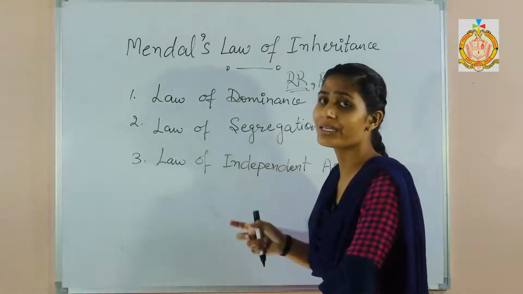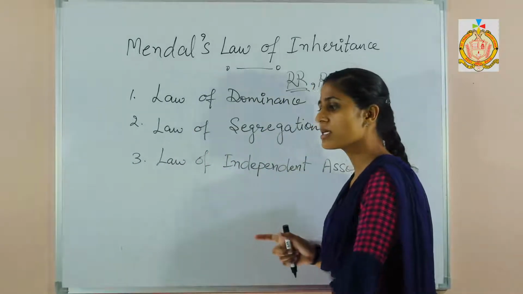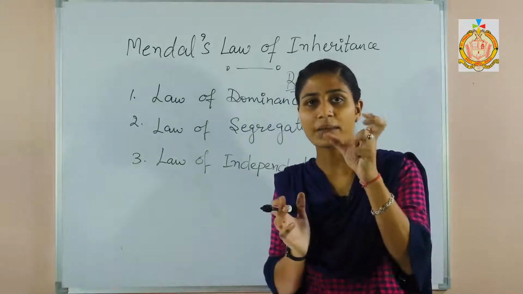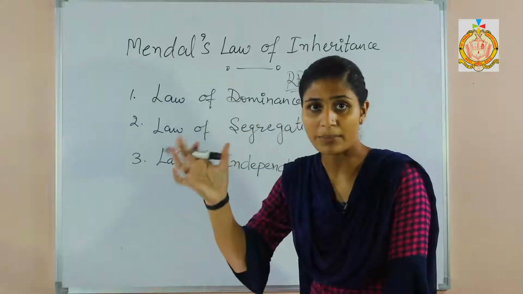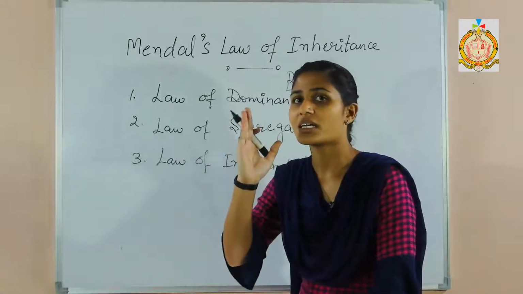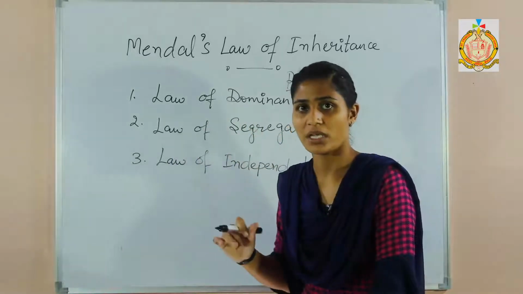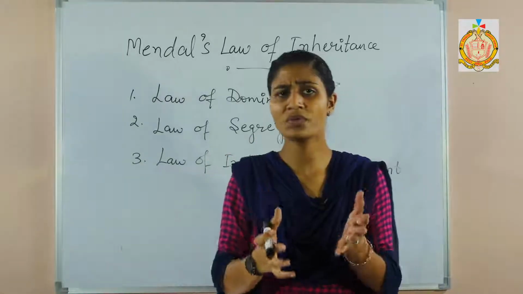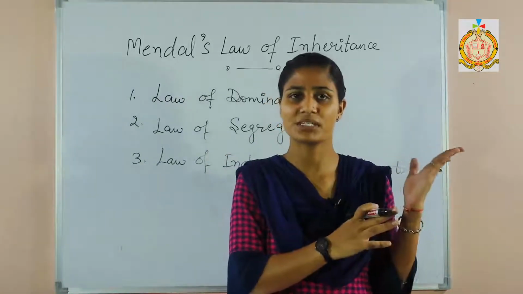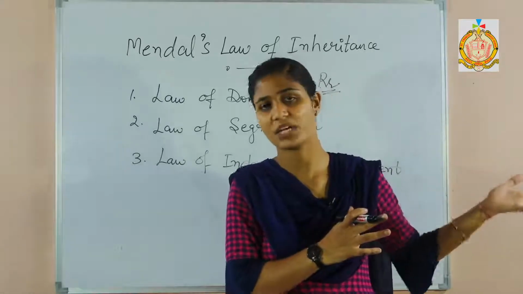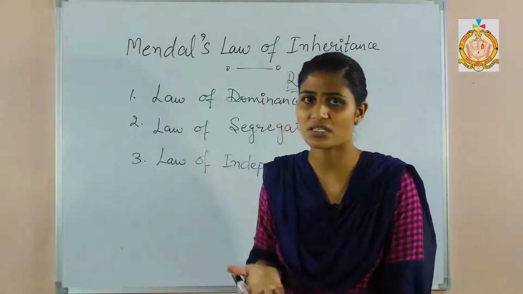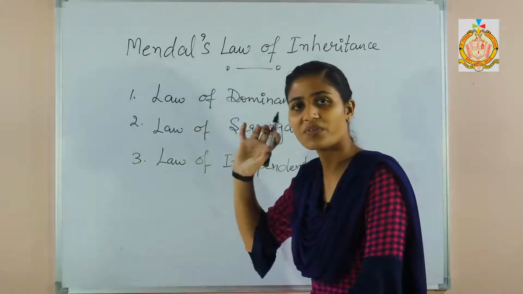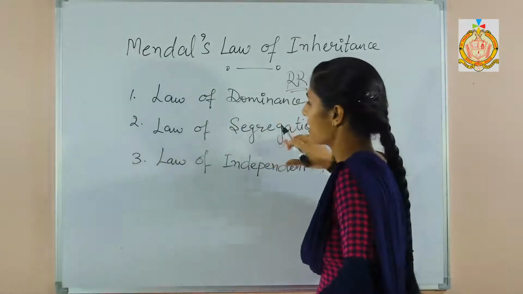The second one is known as the law of segregation. It is also known as the law of purity. Why is it known as purity? Because in the formation of gametes, the chromosomes are separated from each other. Those chromosomes combine by their own wish, as I gave you the example of the XX combination and the XY combination, which is merely a chance. So they show their purity in that combination, in the formation of gametes. That is known as the law of segregation.